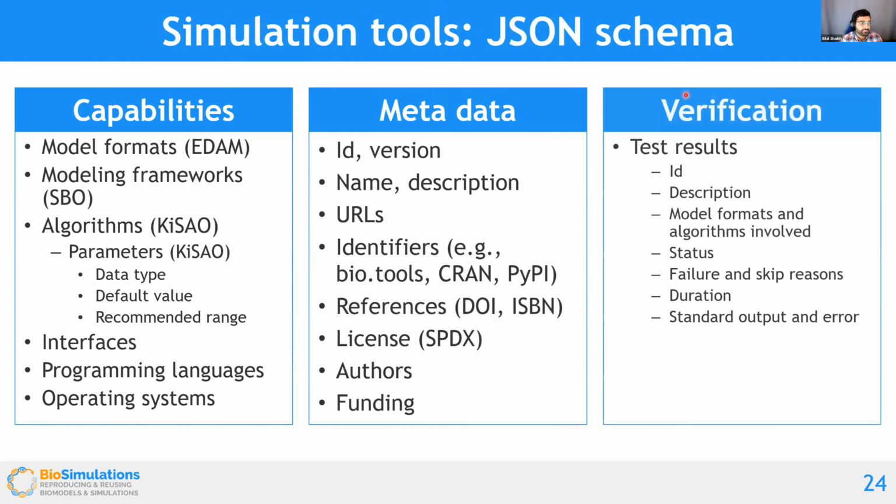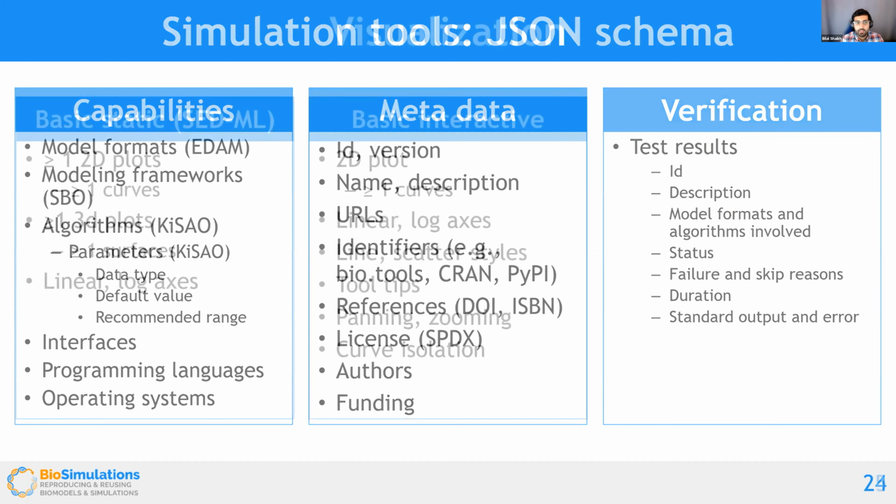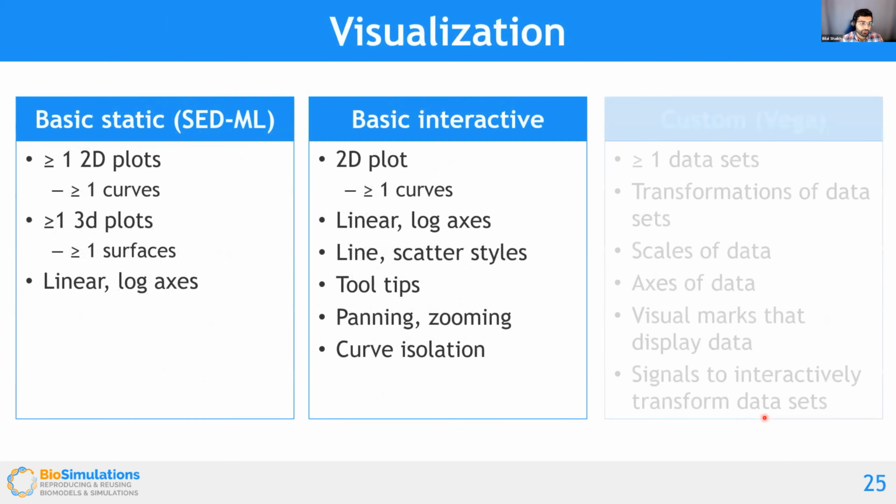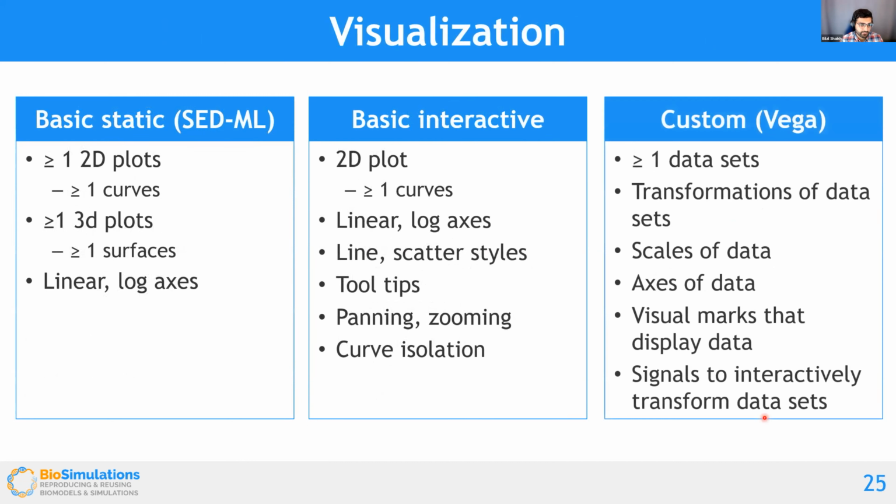The capabilities of each of the tools have been recorded through a lot of standardized ontologies. We've gotten some metadata about them, and we've verified them by running test results, which enables us to search through and say, okay, which simulation tools support which algorithms. And finally, for the visualizations, we're using Vega to provide figures that can be replicated easily and repainted with new data, as well as some basic interactive plots, just through standard plotting libraries on the web.